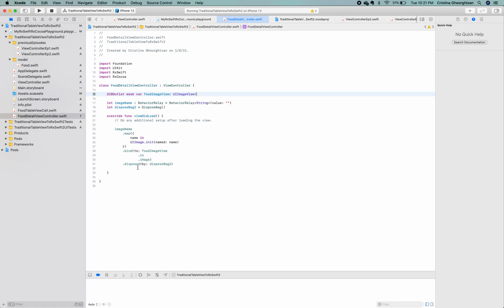Please take time to play with the map operator on your own in order to understand it better. And do return to the playground to practice more with the behavior relay and all the other relays and subjects offered by RxSwift and